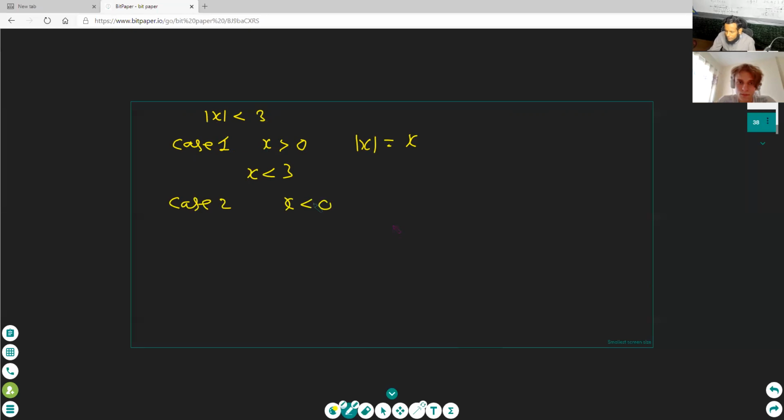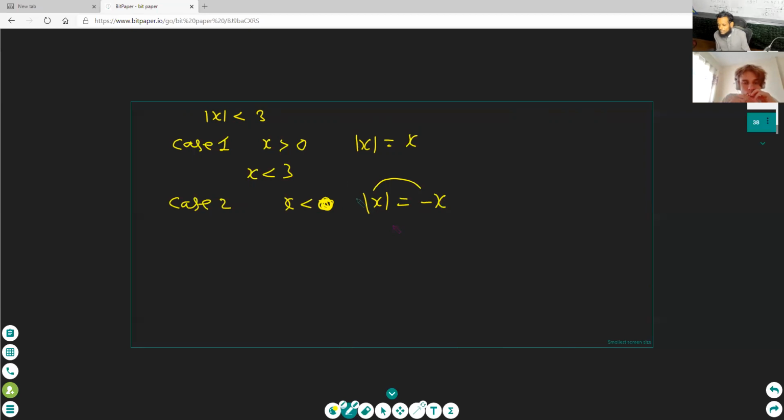x is negative. We are not discussing 0, okay? We will discuss two cases, positive number and negative number. If x is negative, the absolute value will be equal to minus x. Less than 0, negative numbers. I am discussing negative numbers, like -3. What will be the x? x will be minus x. For a negative number, we multiply the negative x by negative in order to get positive.